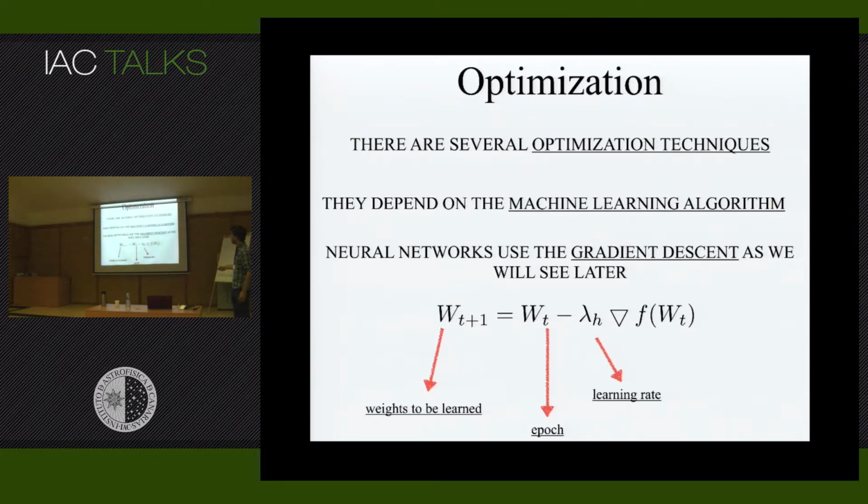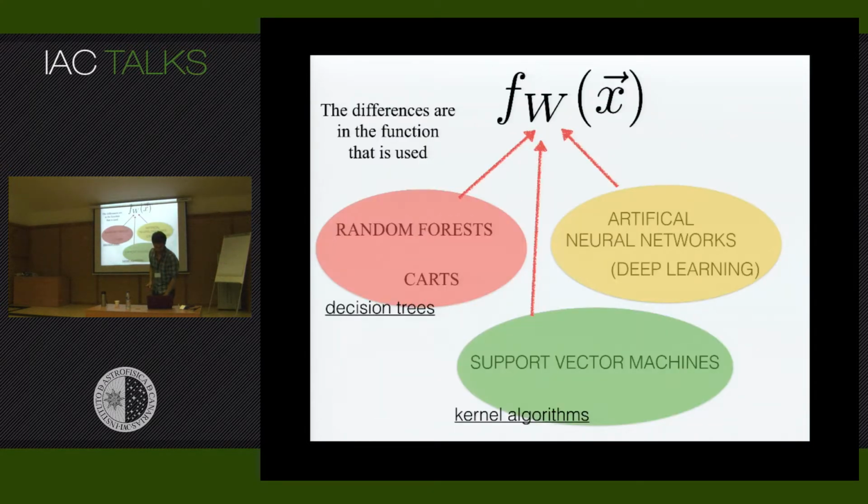Again, I will give you some vocabulary, but I will go back to this. You have what we call the learning rate, which is the rate at which you update your gradient over here. And this is the weights that we learn, and the T here is the epoch, because you will iterate several times. I will go back to this. It's just so that you have in mind that there are two main ingredients, a loss, and then you minimize this loss with an optimization.